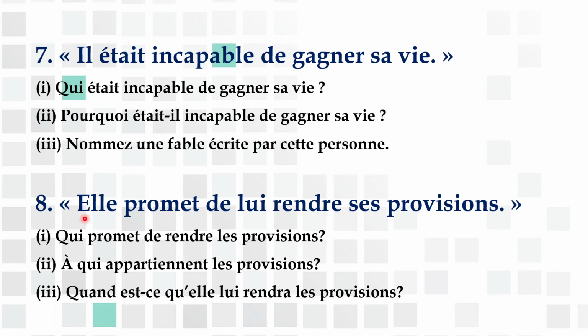Then, the next one: Elle promet de lui rendre ses provisions. She promises to return her provisions. So, qui promet de rendre les provisions? Who promises to return the provisions? À qui appartiennent les provisions? Appartenir is to belong. So, to whom do the provisions belong? So who is the lui basically here? Et quand est-ce qu'elle lui rendra les provisions? When will she return the provisions? All these answers are there. It's only a matter of reading the text minutely, carefully. You will find the answers, and then it's up to you how you